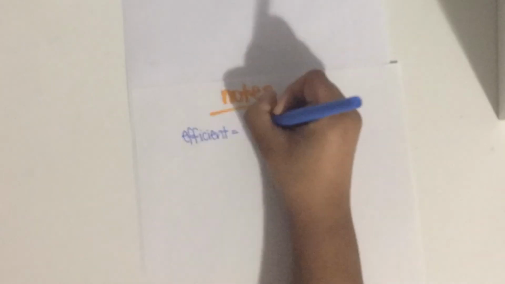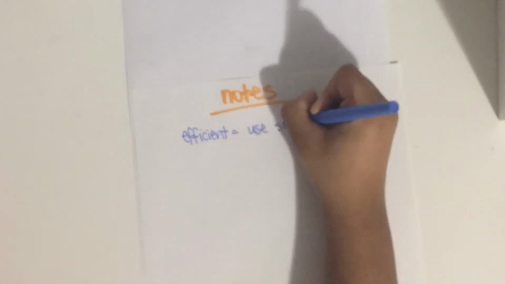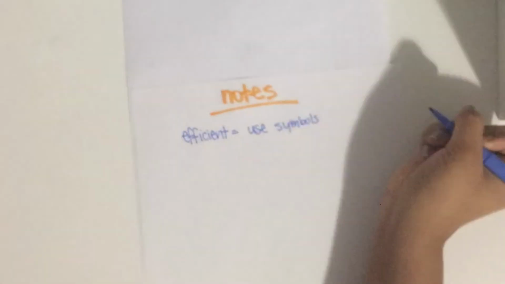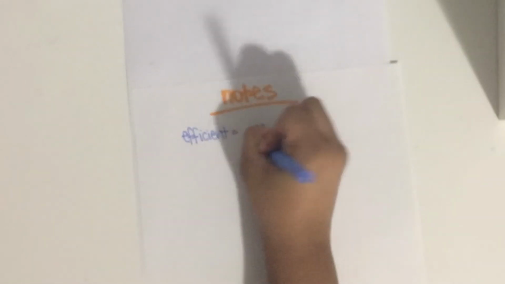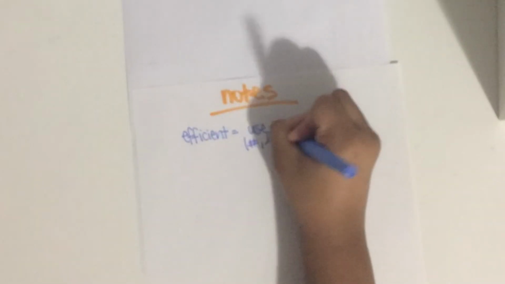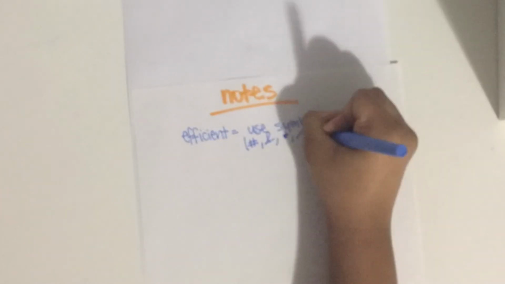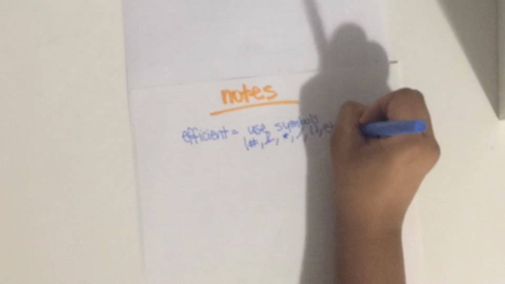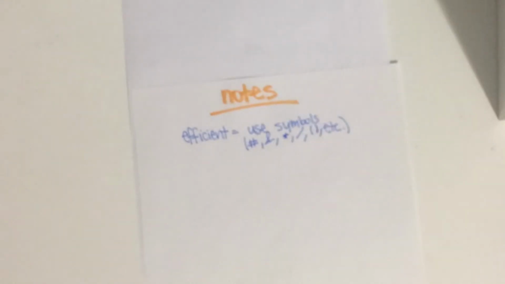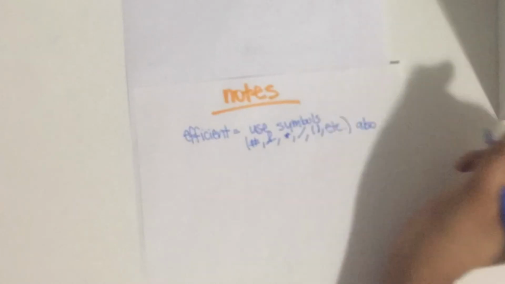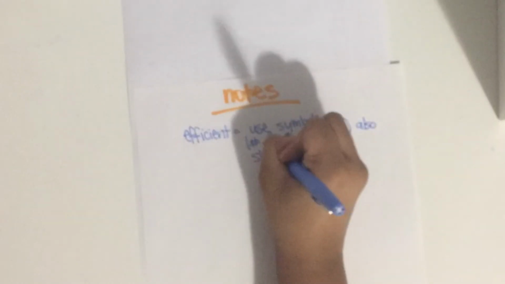You can make your own key for all. You can make your own key, whatever floats your boat, on things that shorten it. By efficient, you need to be writing fast, but you need to make sure that you're writing all the important information. So just using symbols and shortened words will help you make sure that you're understanding what you're taking the